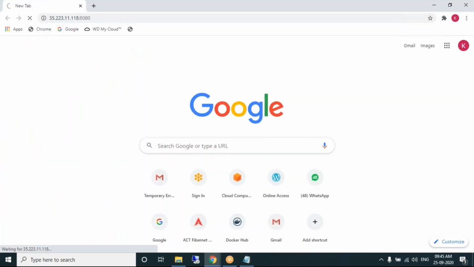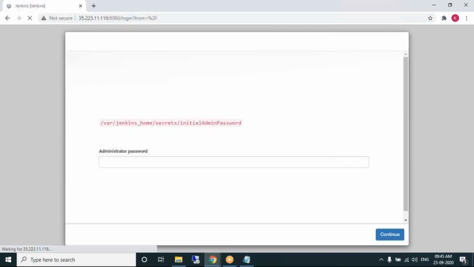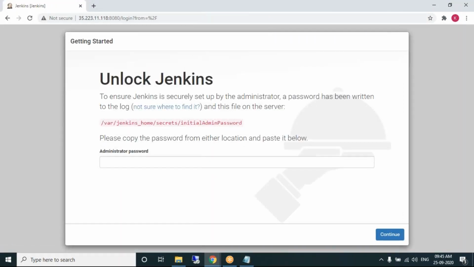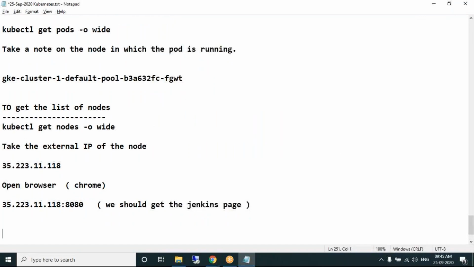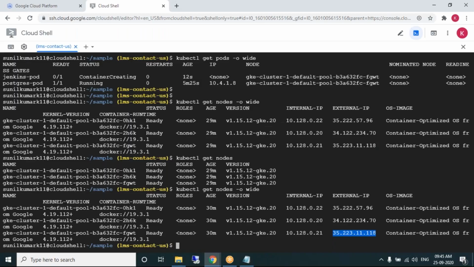As we have opened the port, are you getting the Jenkins page? Am I right? Are you able to access the Jenkins pod? That means the Jenkins container in the Jenkins pod is accessible. This is how we create a pod. You now know how to create a definition file.